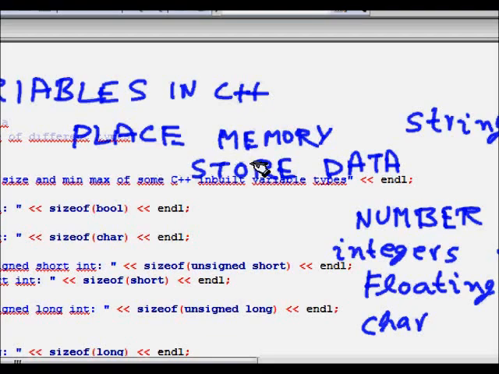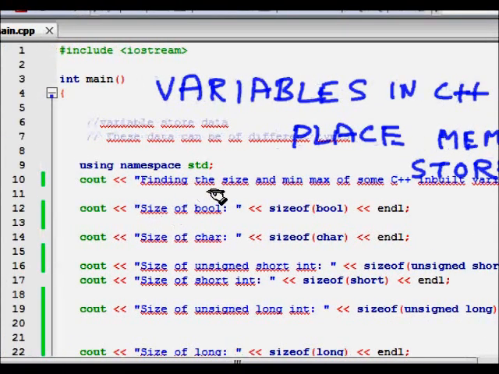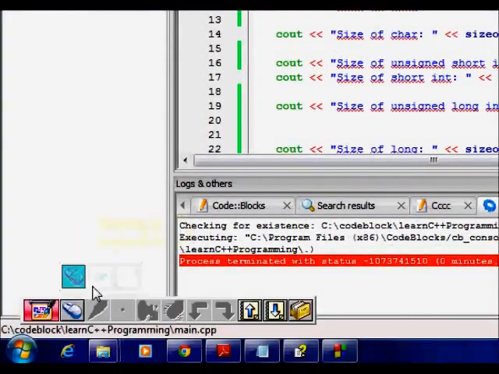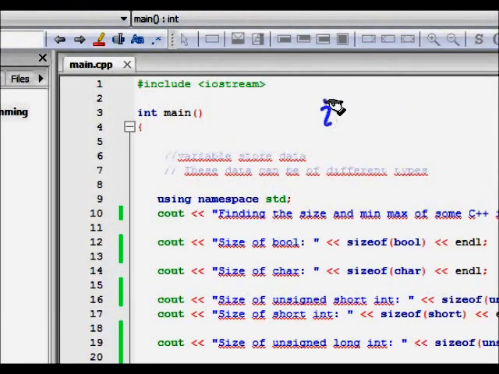So what you want to store can be of different types. For this, C++ provides you variables of different types, and in this lecture we will first see what the different types are.